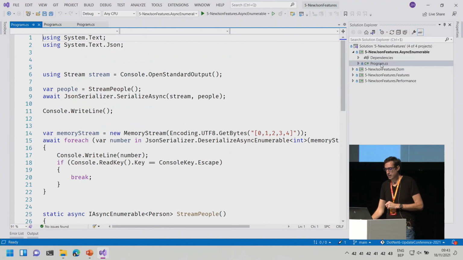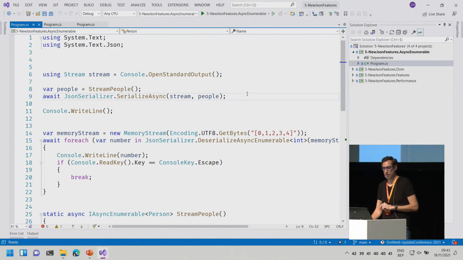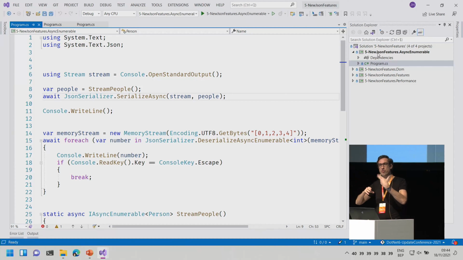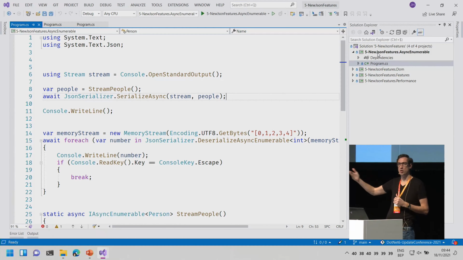We have async enumerable. This is a very, very cool and a little bit weird feature. But some time ago, we got the concept of async enumerable. We could do await foreach, where we await a stream of data coming in. So instead of awaiting the entire process to download everything first and then foreach item, we can now await foreach. And it can be a stream of data coming in, and the await will wait until the next item comes in, and then we can execute some code. Now JSON has support for this.